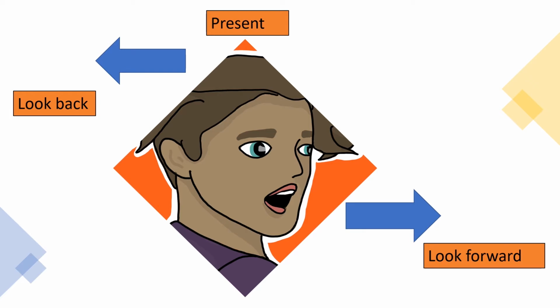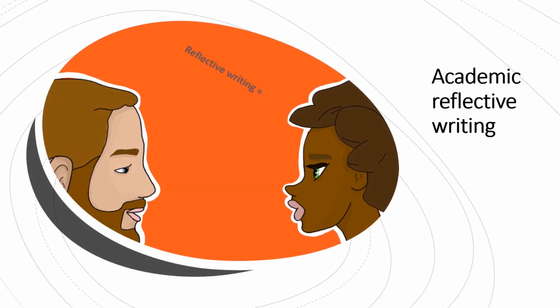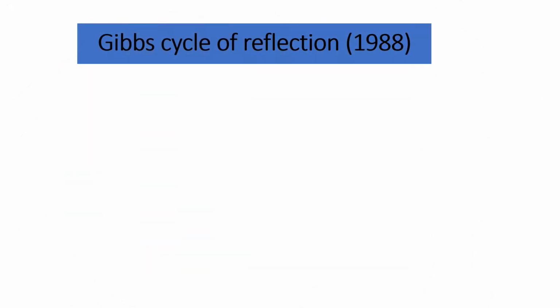In order to write an academic reflection, it means that first you have to have read your course content and reflectively thought about it. This involves critical thinking abilities. Gibbs's well-known cycle of reflection is a useful tool to guide you to start this process.